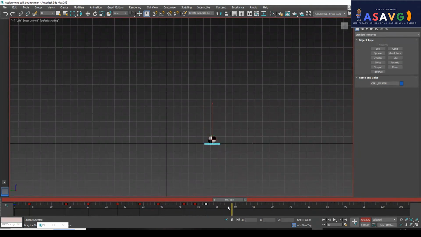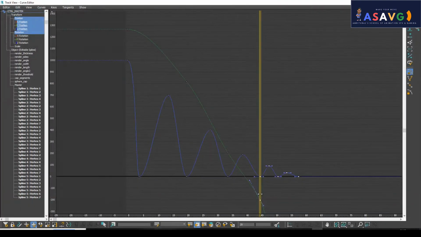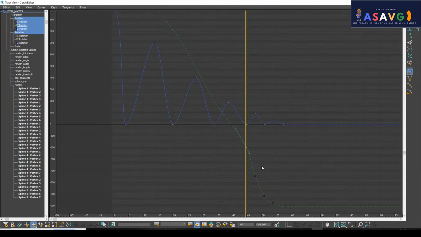Then a little bit here and making a simple jump. Now I will be finishing this one. So I'll be selecting this and moving it a little bit here. Now in the graph editor only, selecting the graph and removing this.